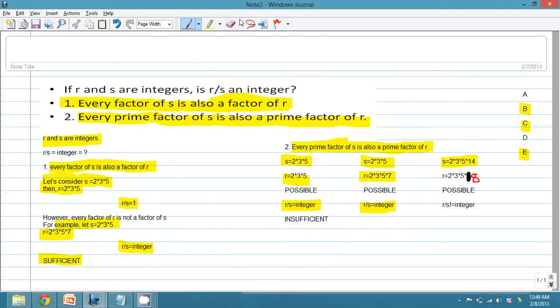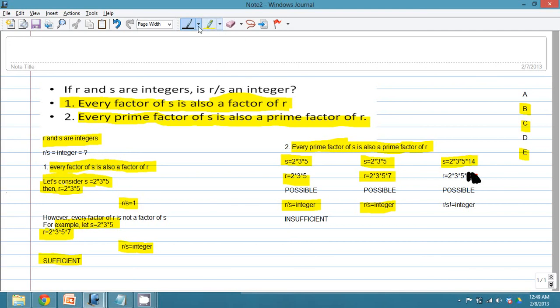Certain people might say 14 is equal to 2 into 7, and 8 has 2 into 4. So 2 and 2 cancel out, leaving 7 and 4. 7 is a prime factor. Since every prime factor of s is also a prime factor of r, 7 would need to be a factor of r. Okay, that is a valid point. So let's even work that out, and let's say